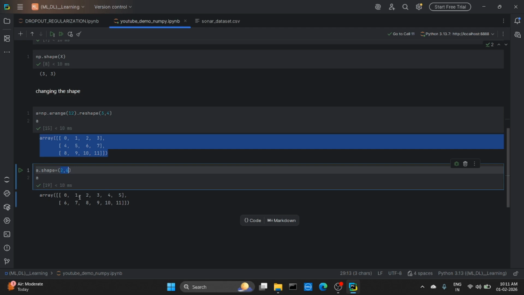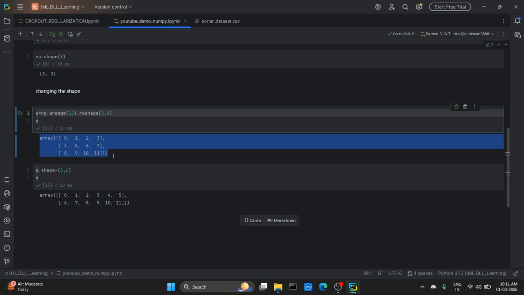If we want to change to a 3D array from a 2D array matrix, we use reshape. We change the reshape to get a 3D array, same method, same function. And we can do